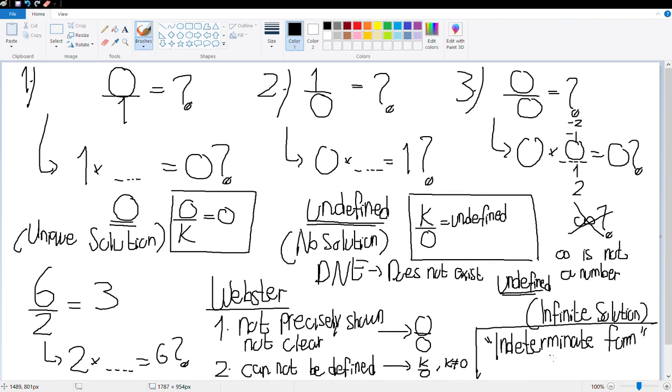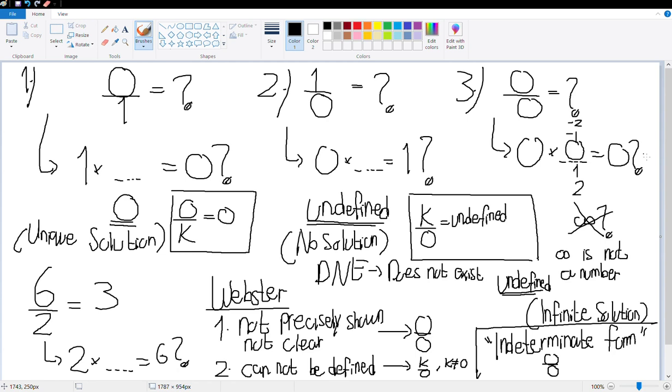For example, 0 over 0. Why? Because it could be any number. You cannot determine the real answer because you have so many possible values. So in conclusion, 0 over 0, we preferably call it indeterminate form later when you have learned calculus, especially limit of a function. But when you are still in junior, maybe you are only told undefined. When you learn at school or read in a book, they just say anything divided by 0 is undefined, but they basically never tell you why it is not possible. So this is the real reason and the real explanation